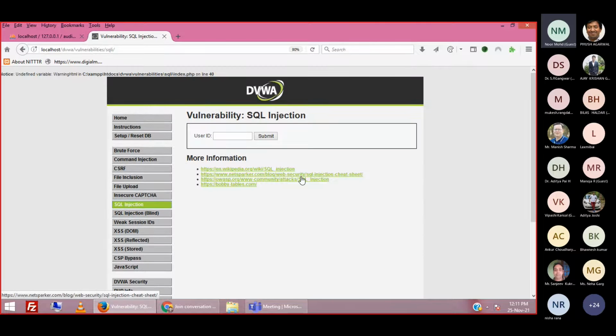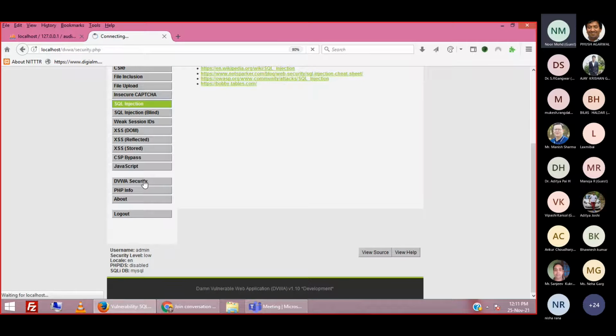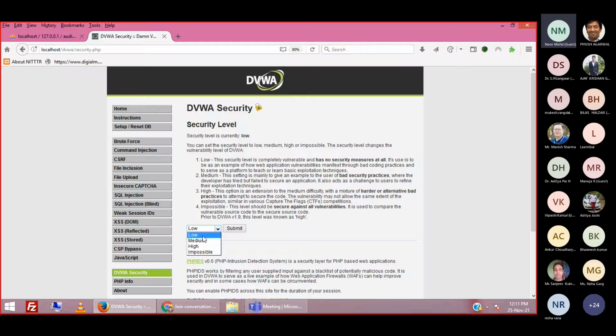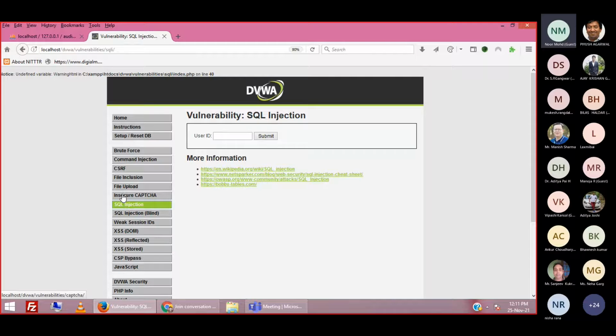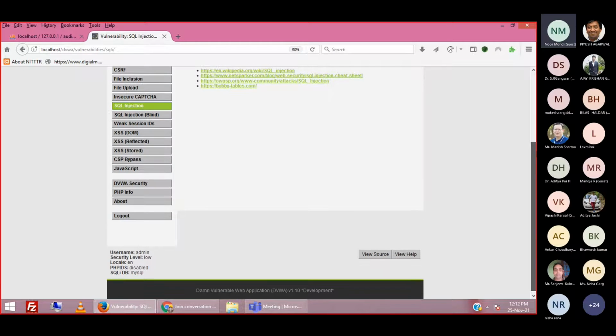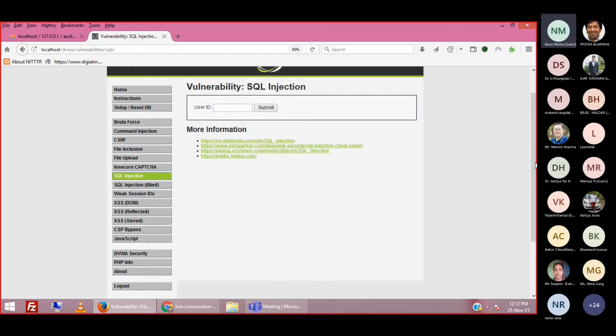In the last class, we learned what SQL injection is. We injected a small injection code in the login screen, and with the help of this injection, the login screen was cracked.